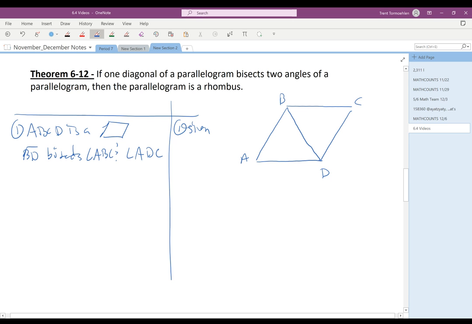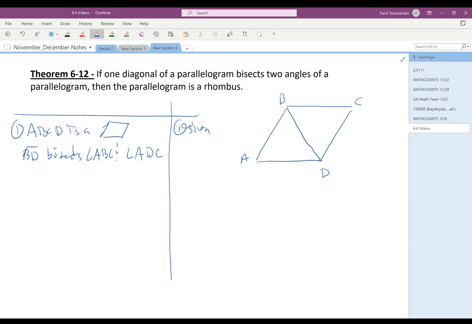Make sure you're paying close attention and noting that what we're doing here is not proving theorems about things we know are rhombuses and rectangles. We're trying to show what criteria have to be met for us to know for sure that something is a rhombus or a rectangle. One way we already know is the definitions, but there are some theorems as well, and this is one of them. If the diagonal bisects angles, then it's a